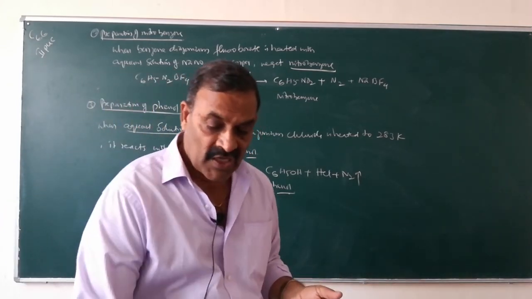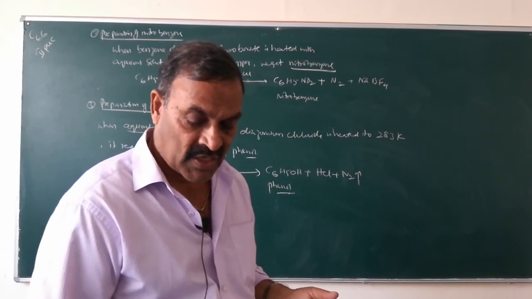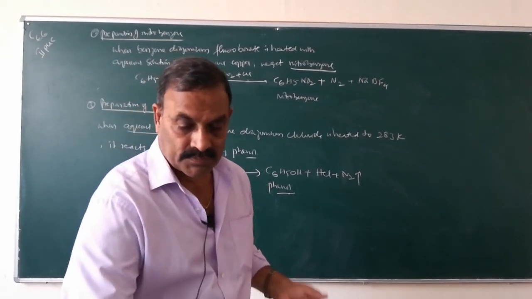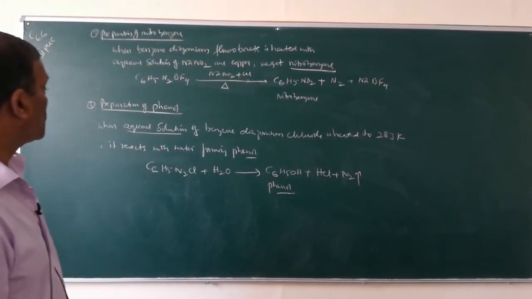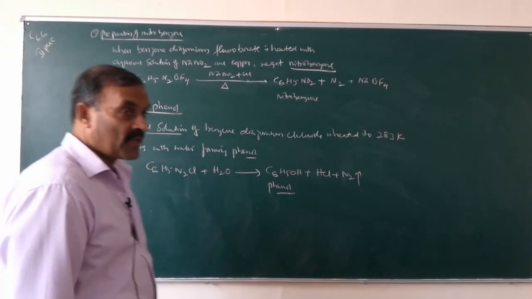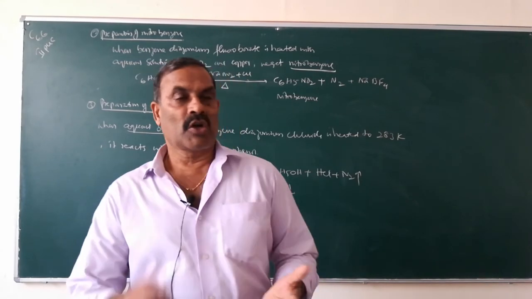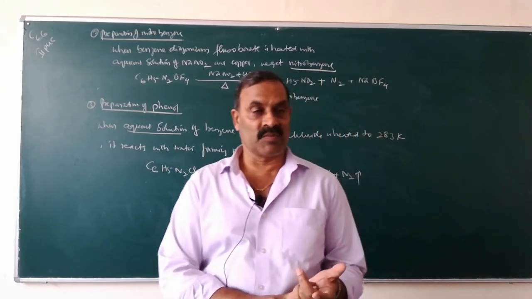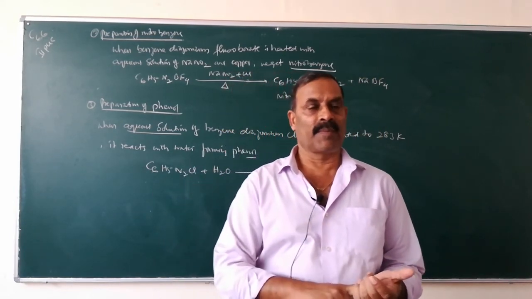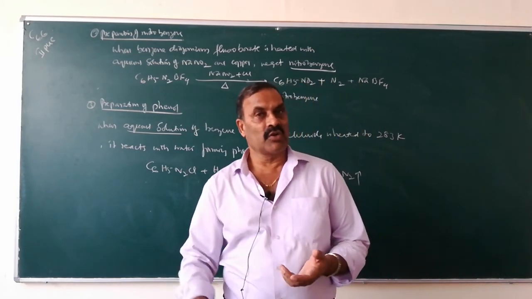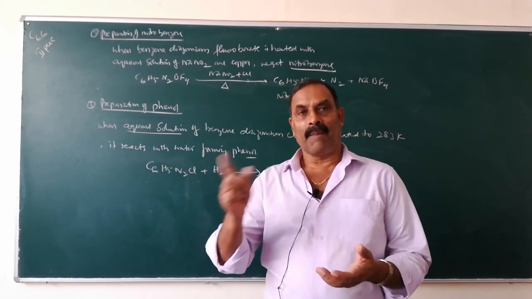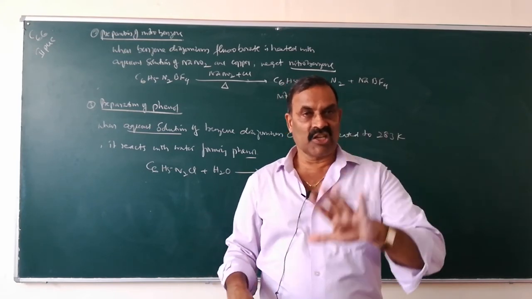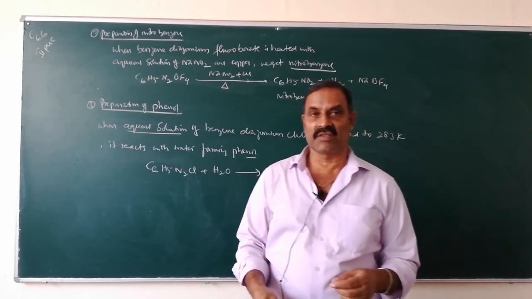Since so many organic compounds are prepared from benzene diazonium chloride, it is also called a synthetic organic compound. So this is how we can use benzene diazonium salts. So benzene diazonium salts are very important. You have to know what are benzene diazonium salts. Write the general formula of benzene diazonium salt, RN2Cl. Examples for benzene diazonium salts: benzene diazonium chloride, benzene diazonium hydrogen sulfate, benzene diazonium fluoroborate, etc.